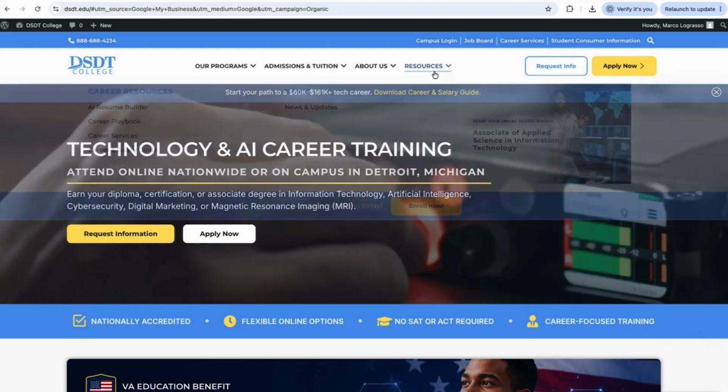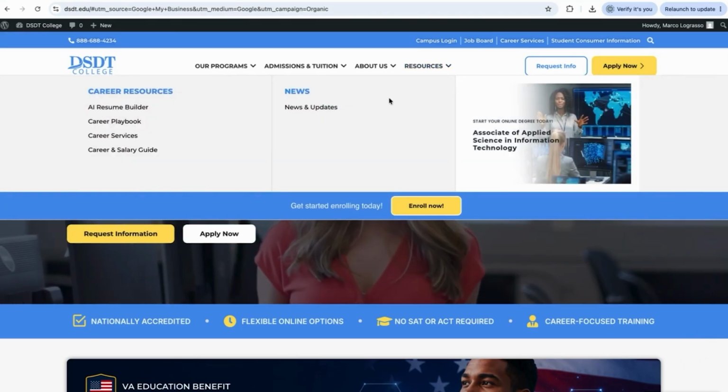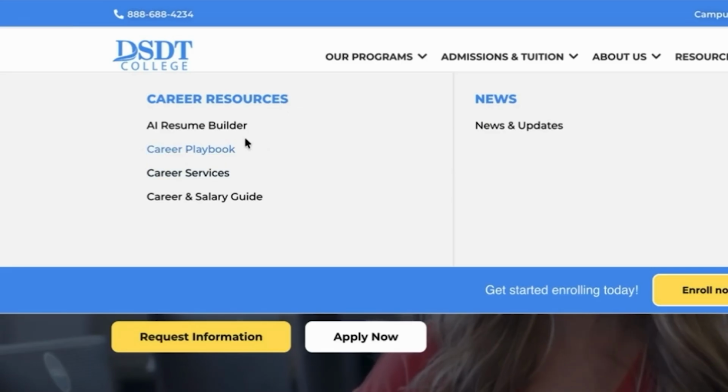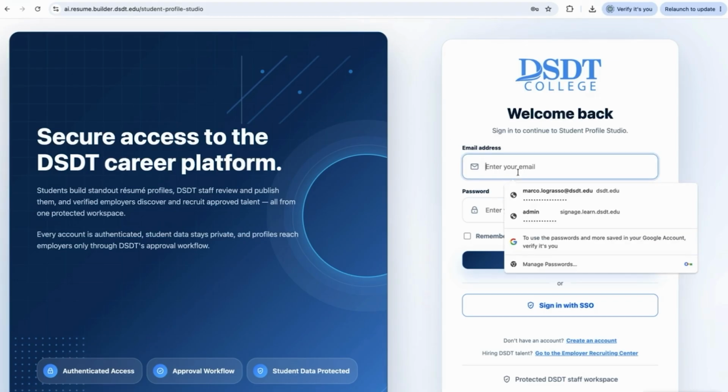This is our website. If you have not been on it before, which you should have been, you're going to go to resources, click on Resume Builder. It's going to bring you to this screen. Now, once you get to the screen, you can either do single sign-on if you're logged in as a DSDT student with your DSDT email, or we go up here and we can log in